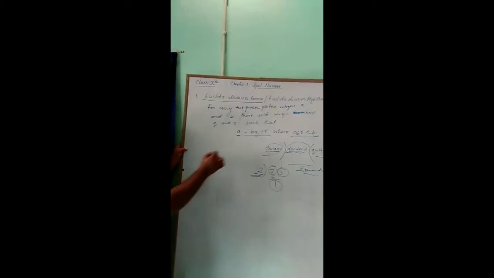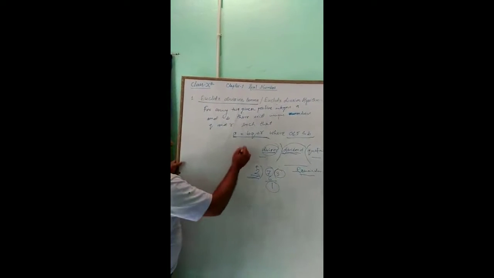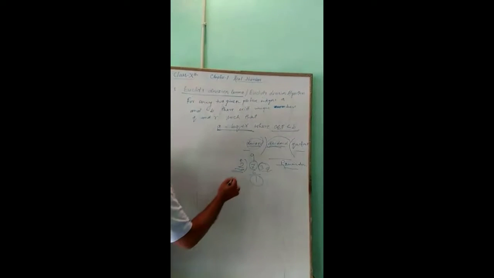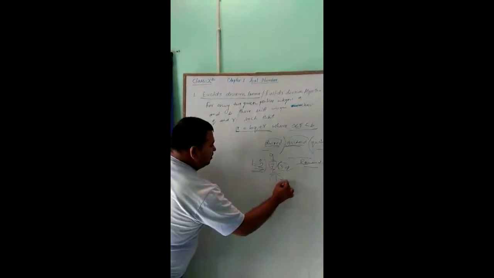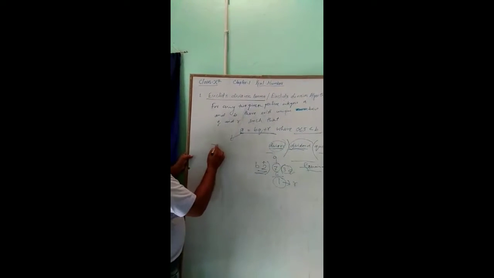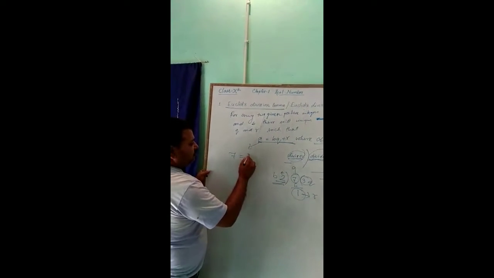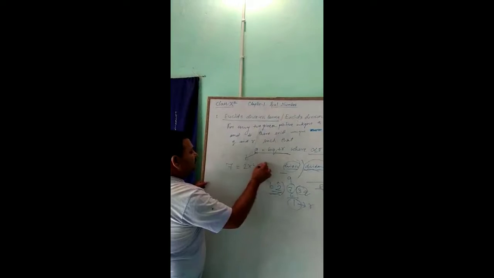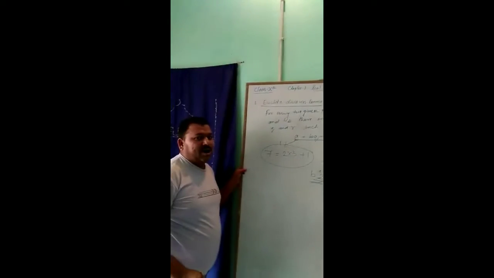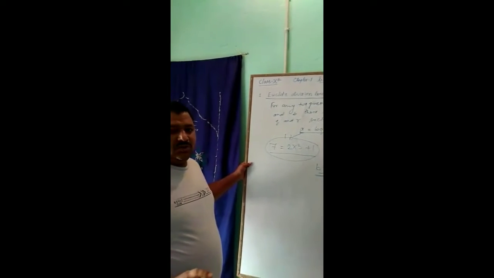This is expressed in the form of that here, that is A, that is B, that is Q, and that is R. In easy way we can write here, that means 7 is equal to 2 into 3 plus 1. That expression is called the Euclid's division lemma. It is clear? Okay.